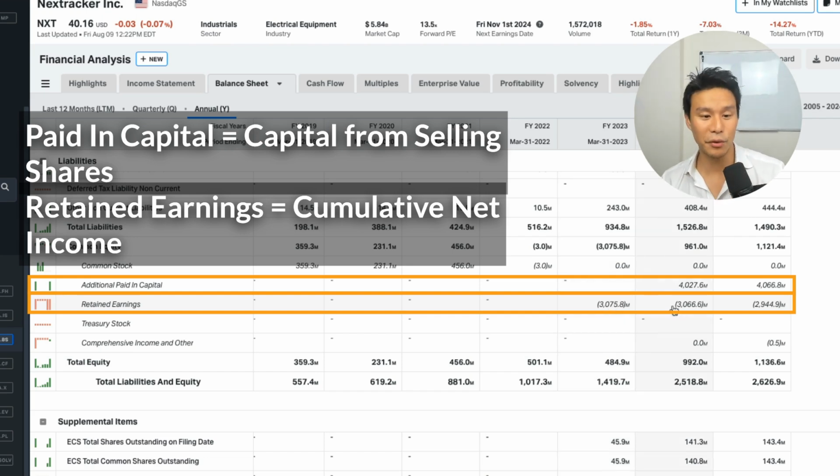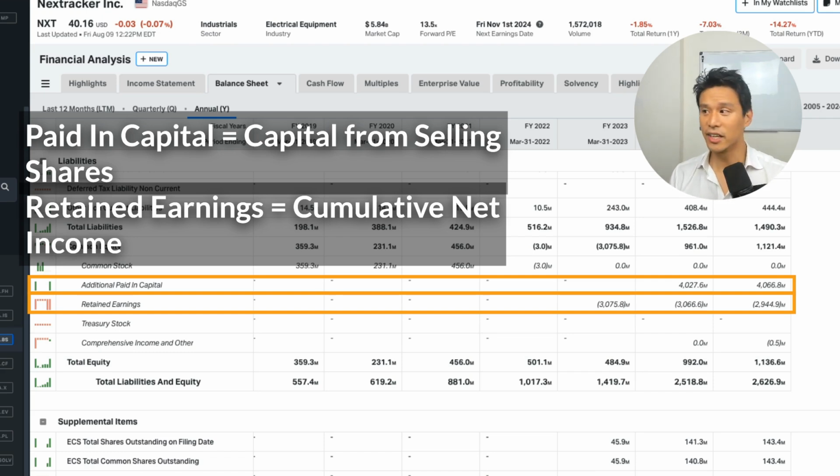But it is improving, right? It's getting less negative. So that indicates the company is now generating positive net income, because when that positive net income is added to that retained earnings balance, of course, that makes it less negative and that grows the retained earnings line, right? Because it's representing the net income that the business is generating and they're retaining for themselves. And so you can look at retained earnings as kind of a quick check on the company's history in terms